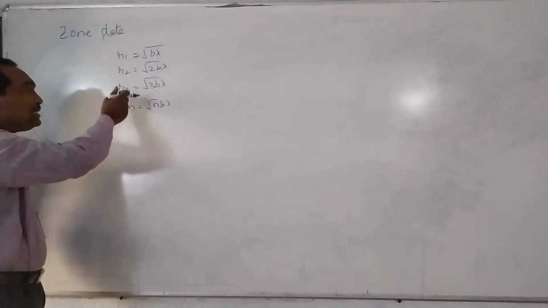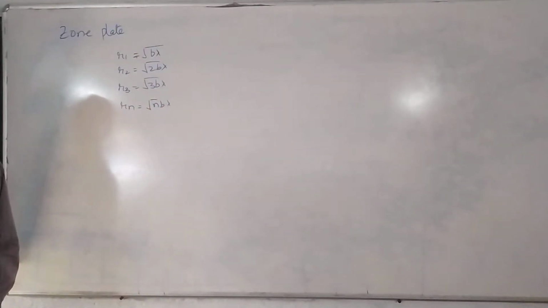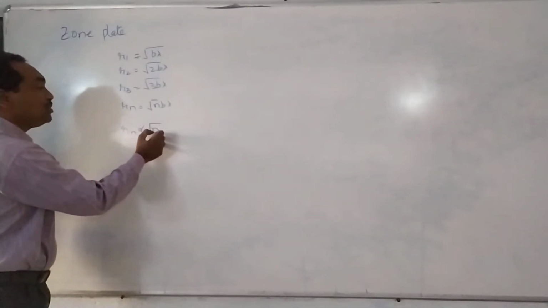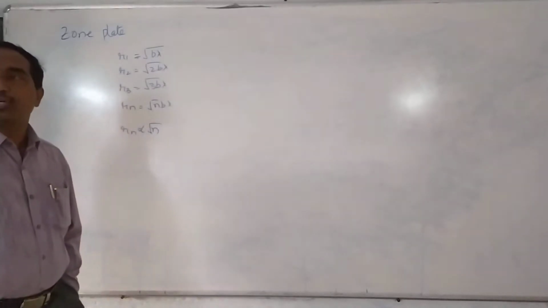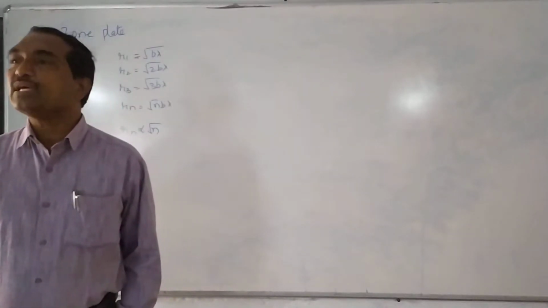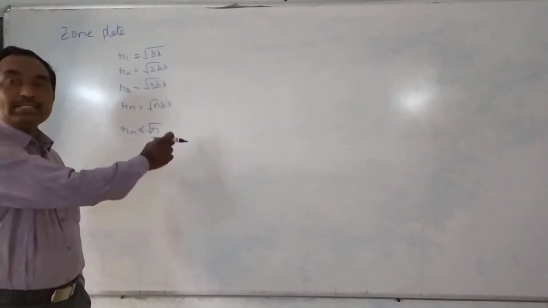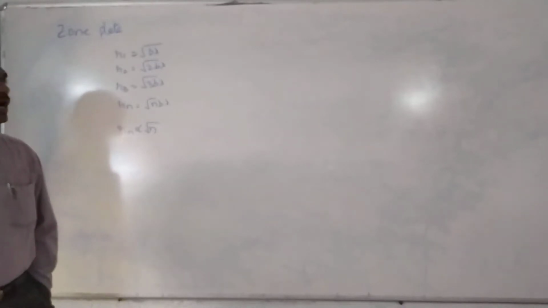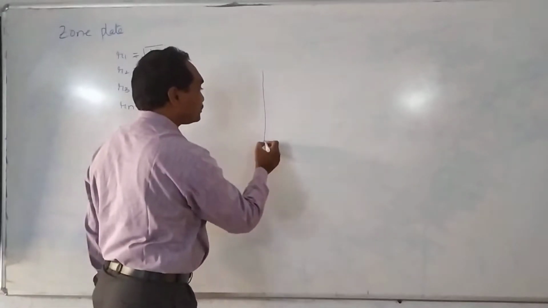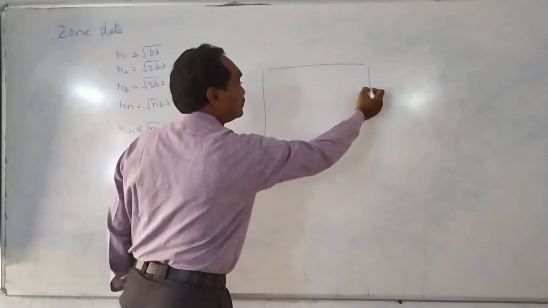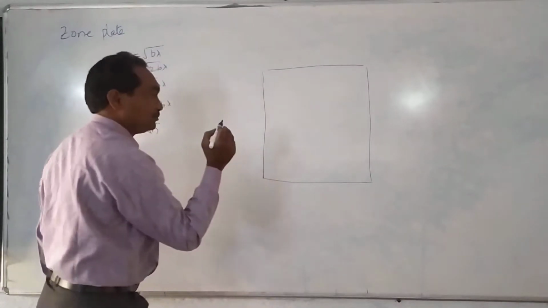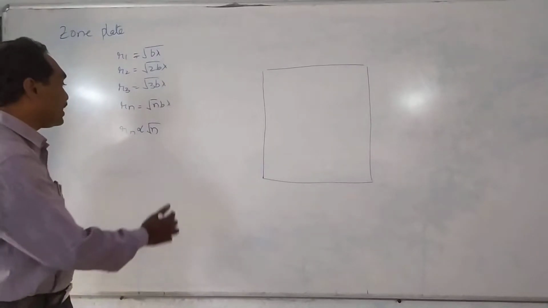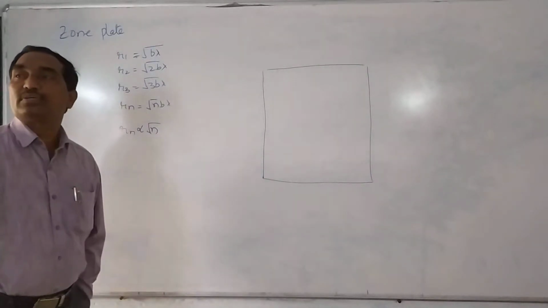When we compare the radii of various half period zones, the radius of the half period zones is directly proportional to the square root of n, where n is a natural number. By using this simple concept, we will construct a zone plate. Now we have to take a white paper. We will draw a number of concentric circles having radii square root of natural numbers.